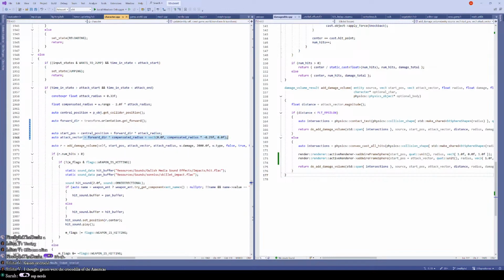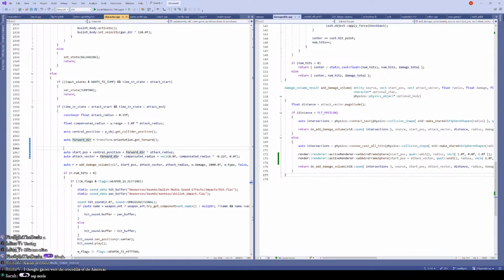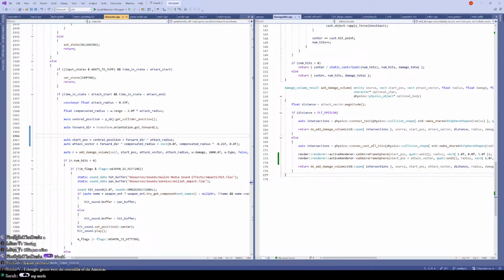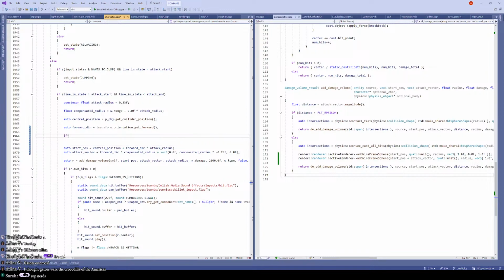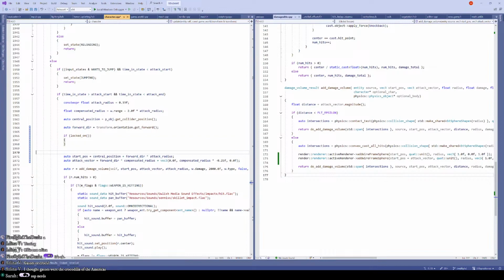So yeah, that will hopefully work. So now we can add another branch for if we're locked on. So if locked on, all right, if we're locked on, we can add,